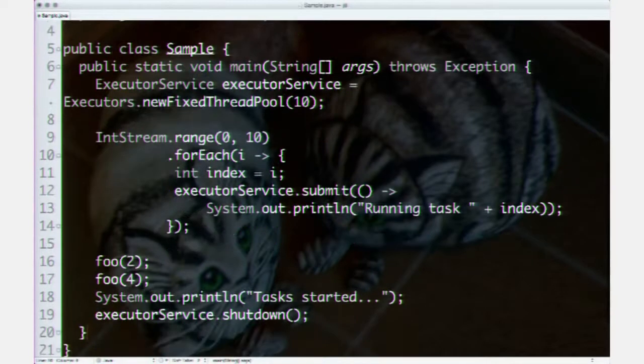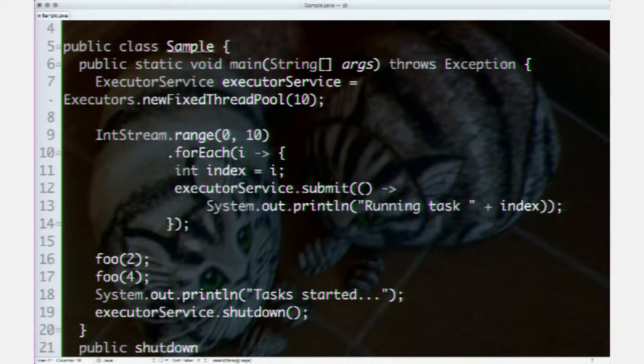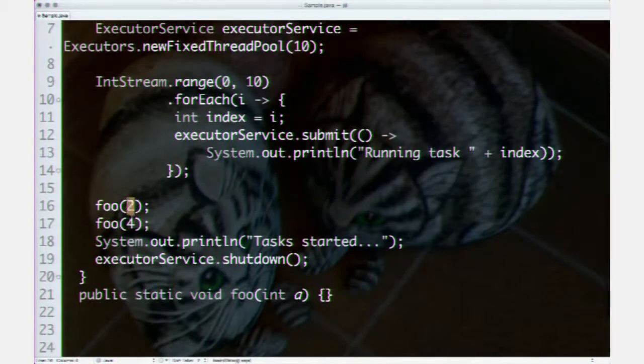send a value 4, now if foo was, let's say, a function right here, let's say this function was up here called foo, and let's say int a is the parameter. Now, when you call foo with a 2 and a 4, you would never say a was a value 2 and it was changed to a value of 4. You would never say that. What you would say is the first time foo was called, the parameter was a 2. The second time foo was called, the parameter, which is a different instance, is a value of 4. So you know clearly it is not a mutation of the variable, but a rebirth of a variable every time